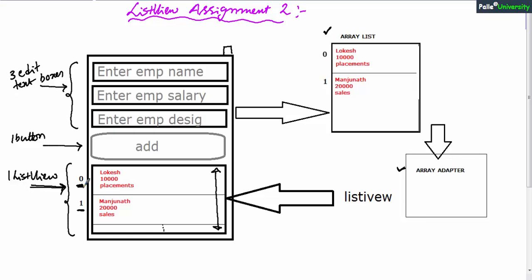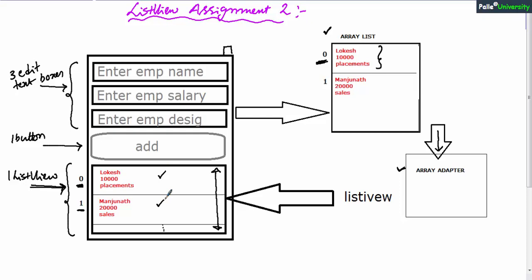When user enters employee name, employee salary and employee designation, and if user clicks add button, those three details, that is Lokesh, 10,000 and placements, should be added as a single element at the 0th position of array list, and we have to tell to adapter, so that adapter will automatically display the first element. Similarly, second element also we should add to array list, and we have to tell to adapter, so that adapter will automatically display on the list view.